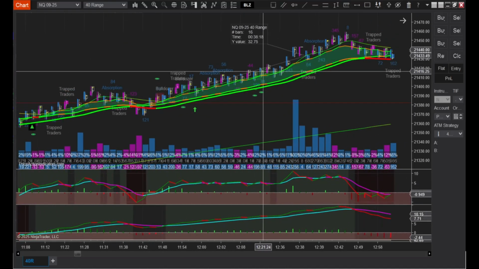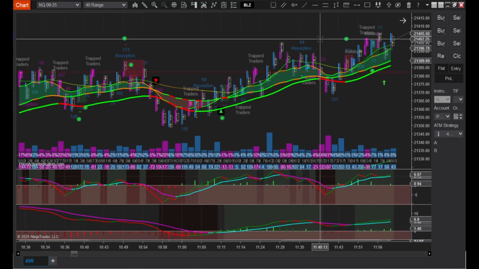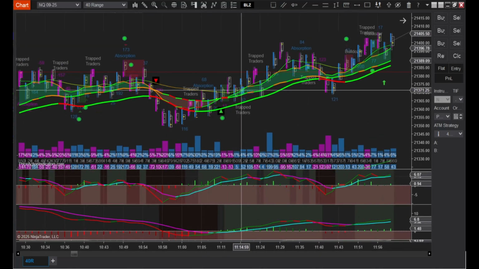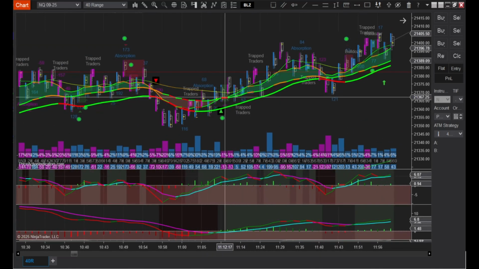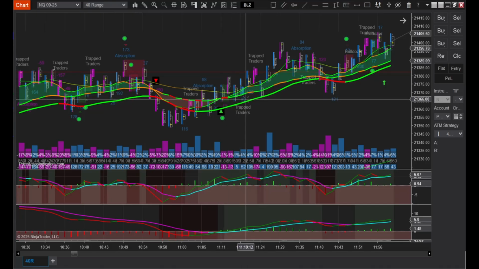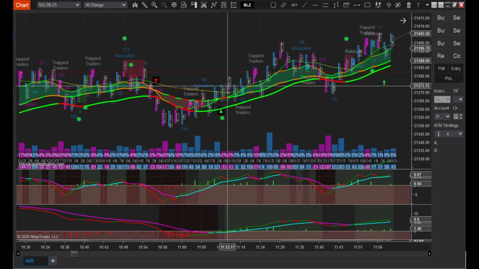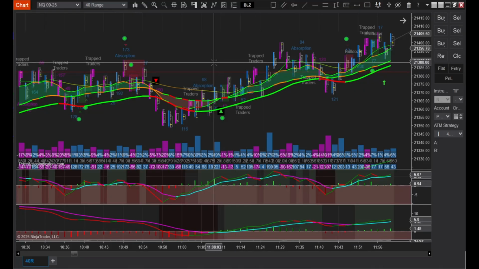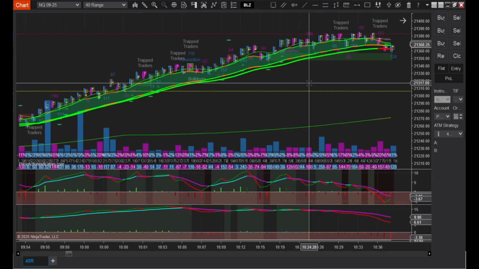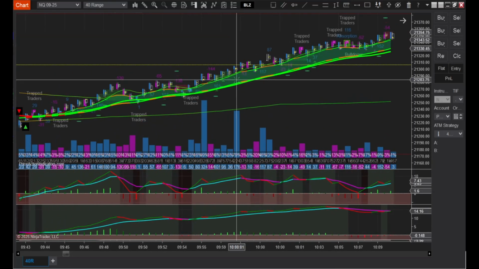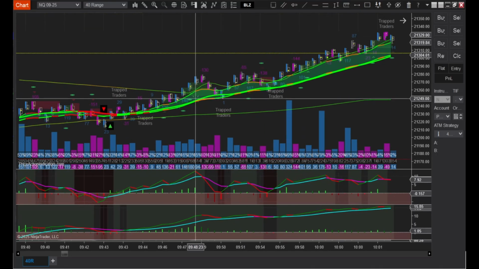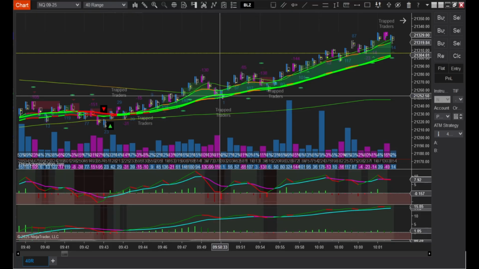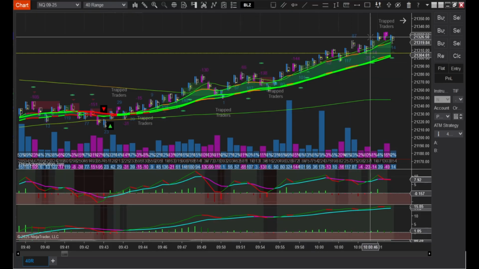Look at how shallow that slope is. Okay, we got a cross here, pulled out, pulled in. Technically, we could have taken this one here. This one here is also another one. We had all these here earlier in the day. Here we go. So here it is. It broke out, pulled back. This here